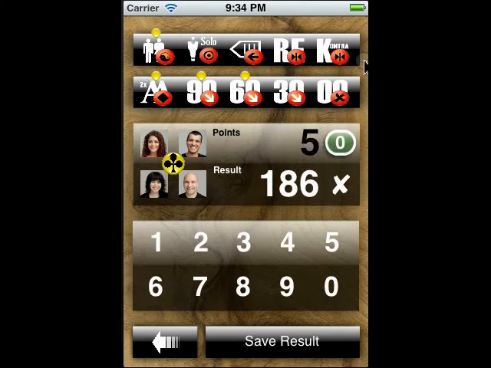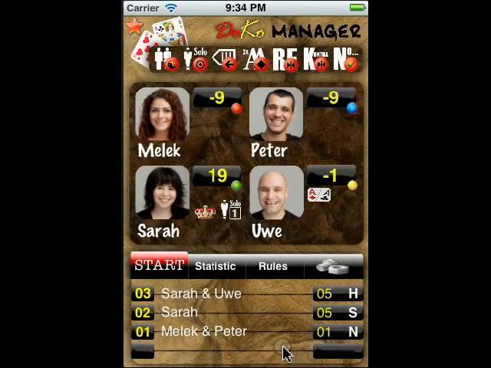this scenario here. Okay, these both has won the game, and we just save the result. So okay, Sarah is still in front and still the champion, and Uwe is the next time the dealer of this game. If you want to have a look what's going on, you can have a look at the statistics,